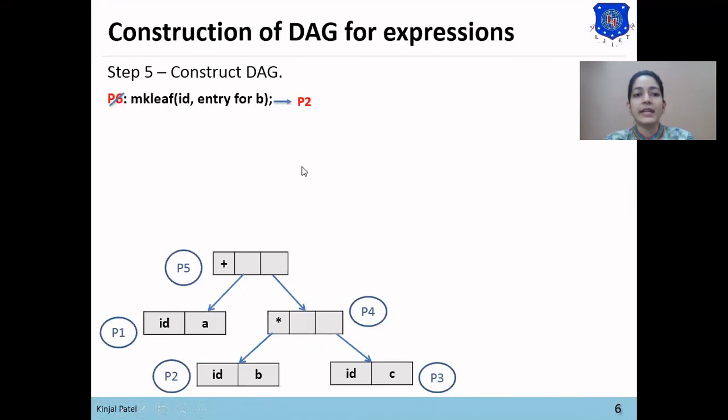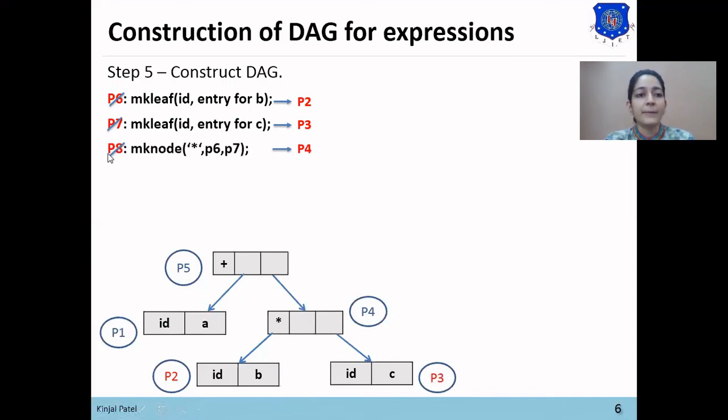Now the next function is makeLeaf ID entry for B. As this node has already been created, which is P2, we won't create a node for the B identifier. The same way, the entry for C has been created, so we won't create the node for identifier C as P3 has been created.